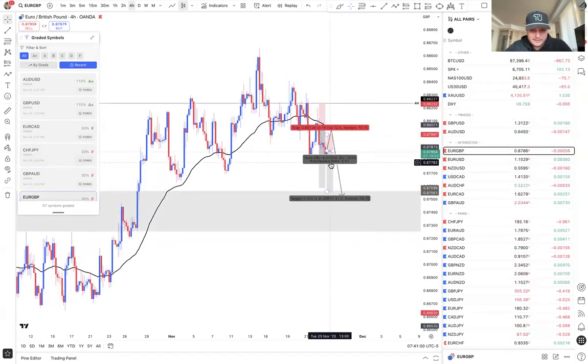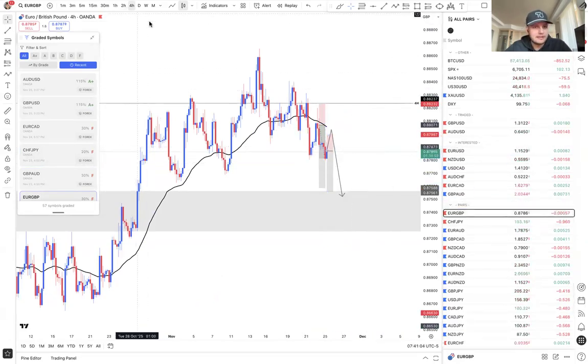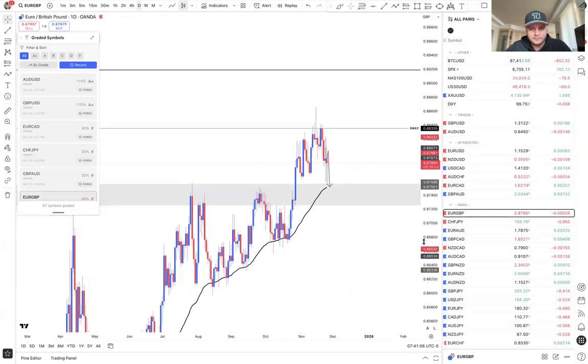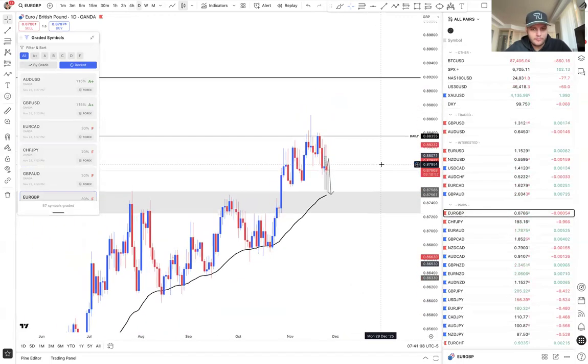Euro GBP, I think same thing for me on this one. I think it's gone. I don't think I'm going to be interested in it any longer. It doesn't make sense for me to take a trade so far away from the initial entry. So we'll delete this. And at this point, we're just waiting for the pullback to sell and then the buy to happen.